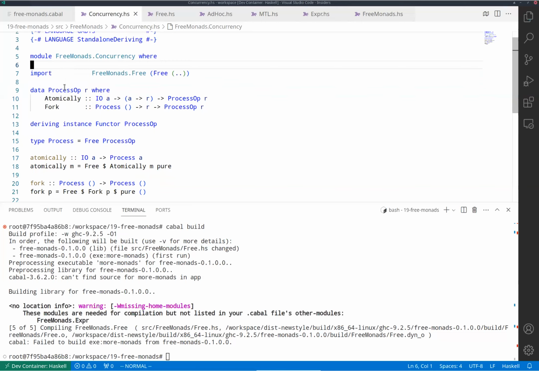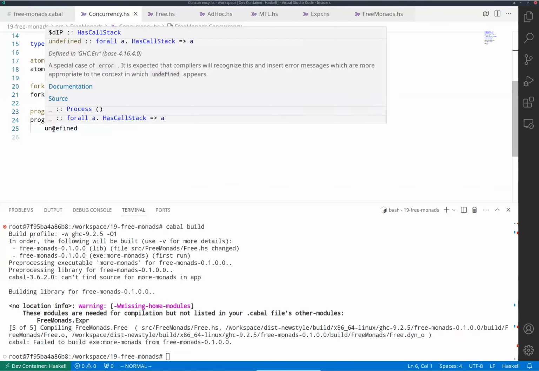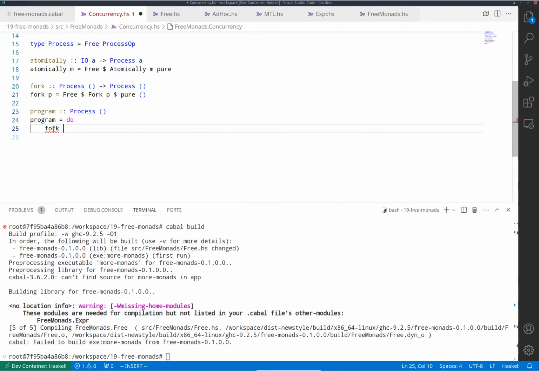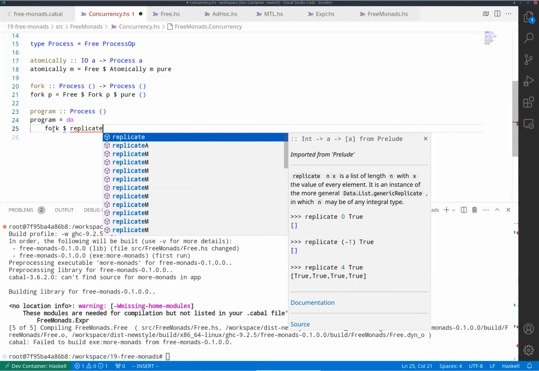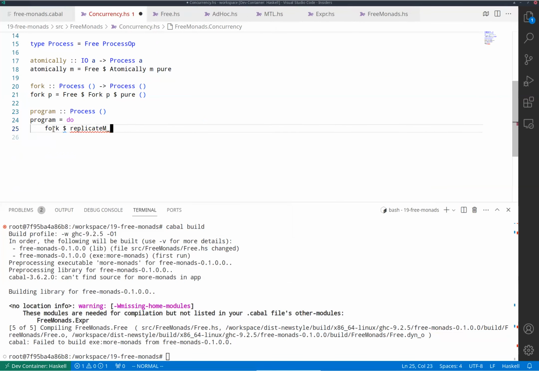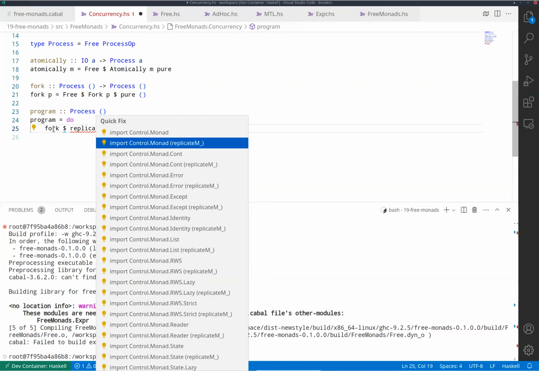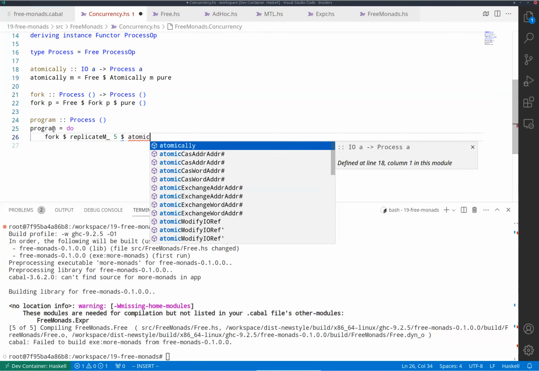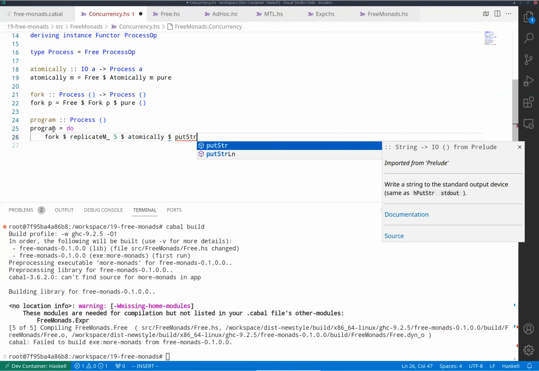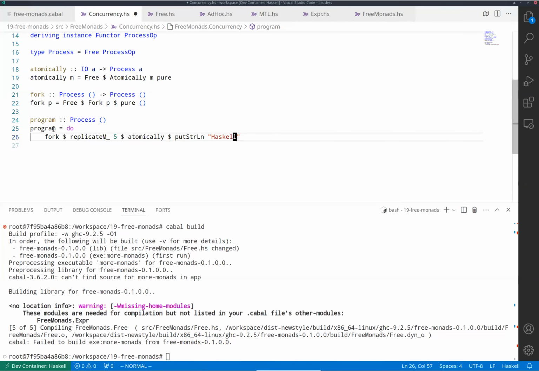Just to demonstrate that we don't need that in order to write programs. Now we can do something like fork (replicate 5 (atomically (putStrLn "Haskell"))), and fork (replicate 7 (atomically (putStrLn "Nairobi"))), and replicate